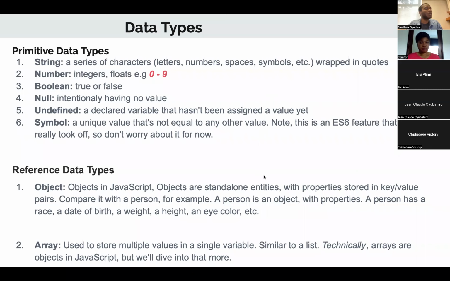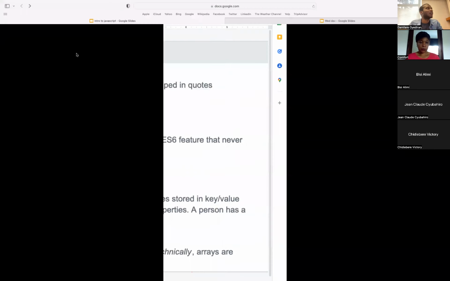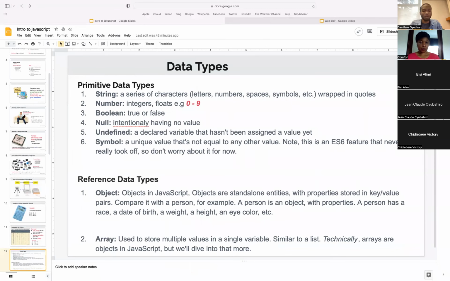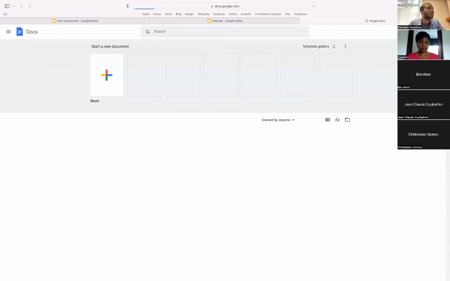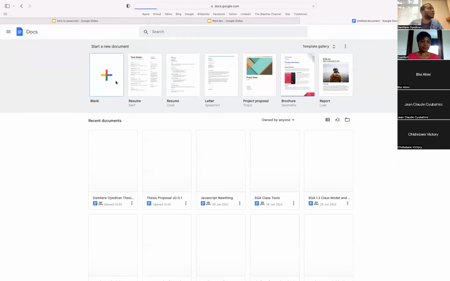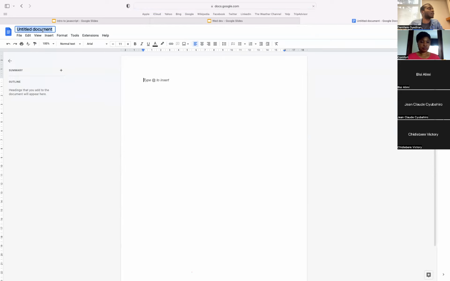For now, I'm going to switch from this slide. I'm going to use a combination of this slide with a Google Doc. The Google Doc is going to be like our board where we can easily write and everyone can see, and we can also share the link so you can go back and go through it. So I'm going to stop this slide and open a Google Doc. So let me open a Google Doc now. Let's call it